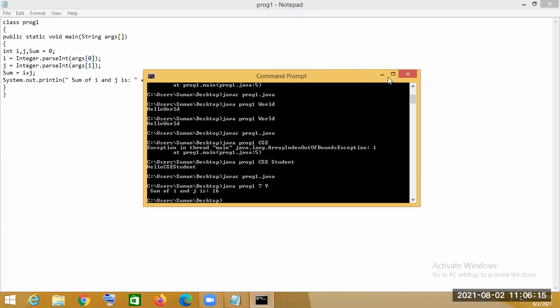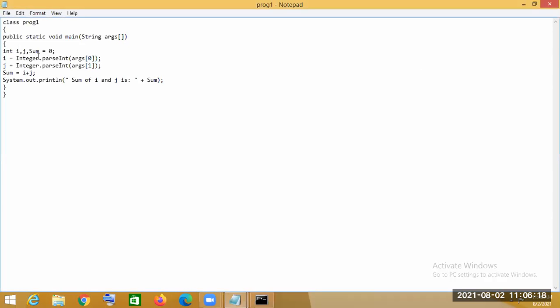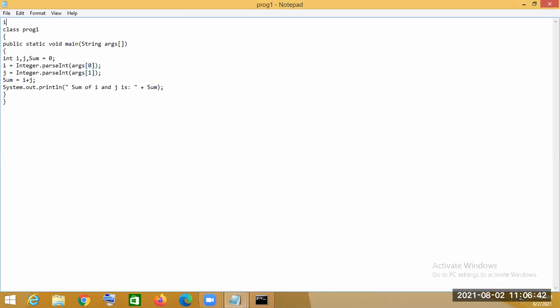So let's say I will do the implementation on this program. First, if we want to take the user input using the Scanner class, then at first we have to import java.util.Scanner.